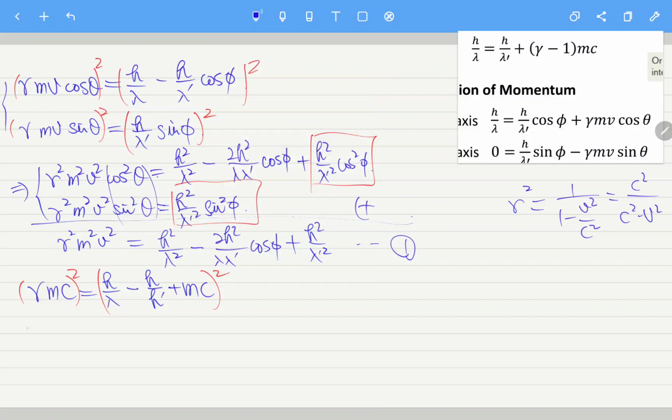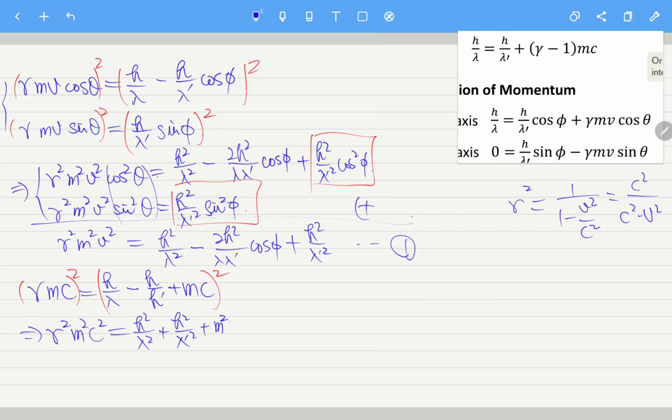So we will get gamma square m square c square equals h square over lambda square. Oh, so this one is a bit more complicated. A plus b plus c quantity square is a square plus b square plus c square plus 2ab plus 2bc plus 2ca. So we will have a square plus b square